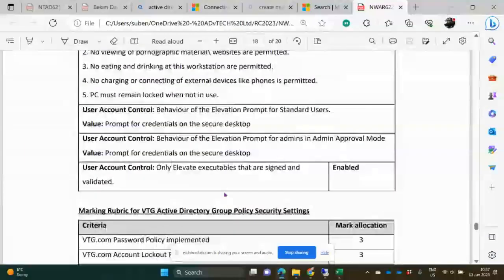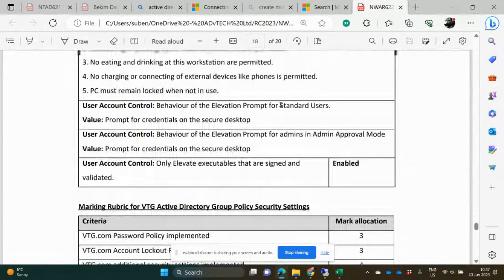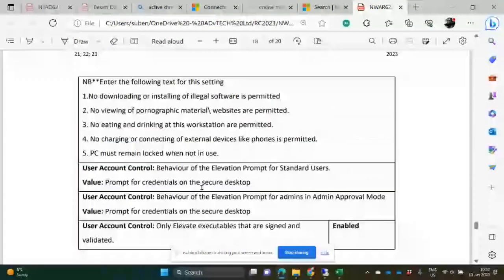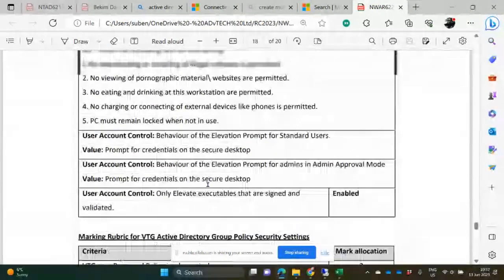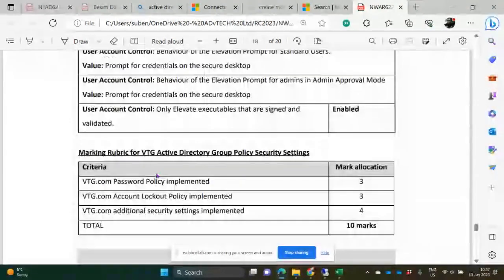Additional security settings. So those are all the additional security settings. Okay. So then of each of these that you have configured, according to this diagram, you'll need to take the relevant screenshot to show that the settings have been configured. For password policy, it's just one screenshot that I will take. Account lockout policy, it will be one